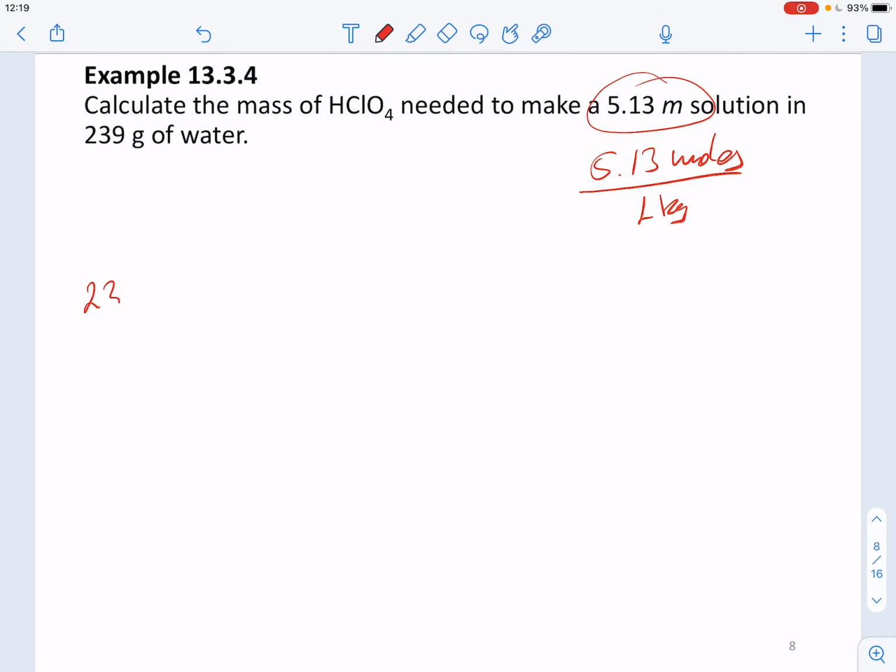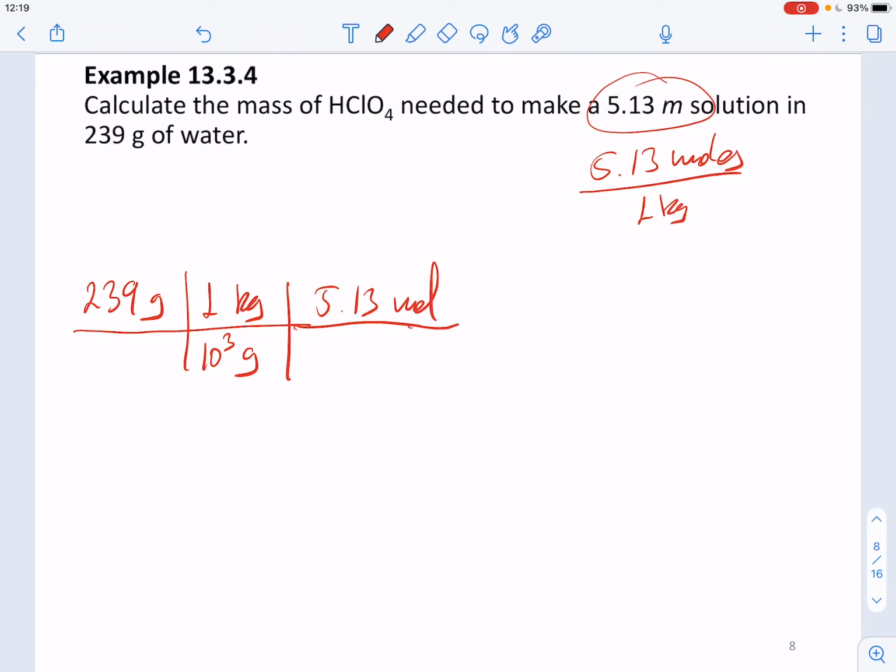So if we start with 239 grams of water, first thing to do is to convert to kilograms, and then we can multiply by the molality, so 5.13 moles per kilogram. So we cancel here, we cancel here, and then out of this we obtain 1.23 moles of perchloric